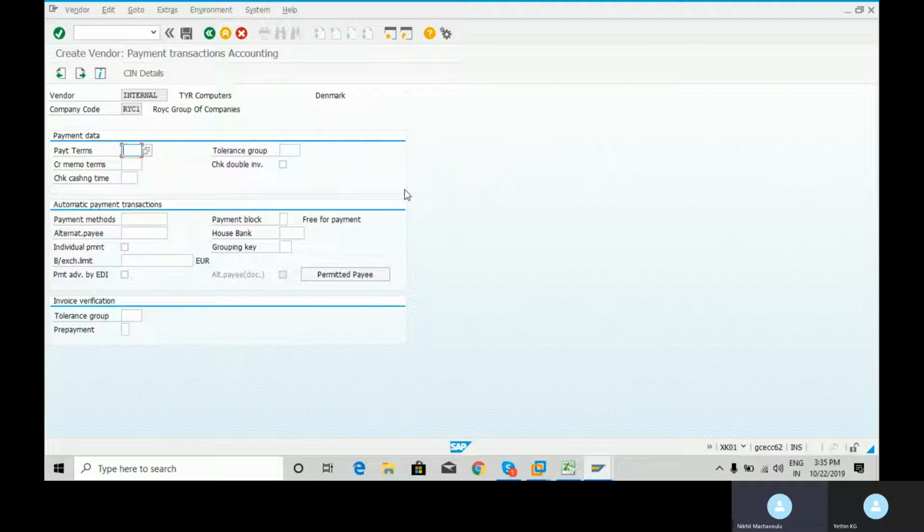Payment terms. Payment terms over here. Under payment, in payment data subscreen, you have payment terms. What do you mean by payment terms? In simple language, a payment term is nothing but a kind of a credit facility that a vendor gives us when we buy anything from the vendor. Let's say